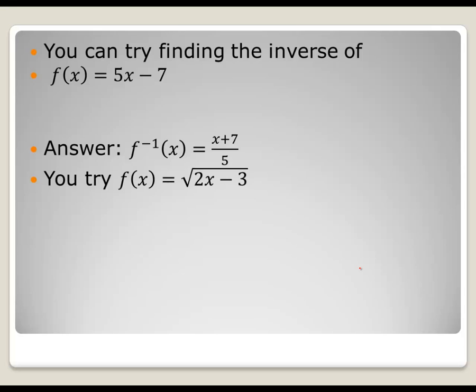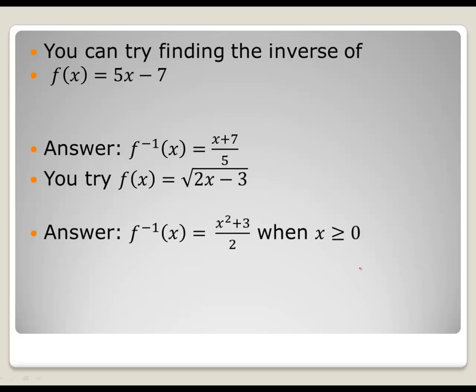And then go ahead and try f of x equals the square root of 2x minus 3. Pause the video for this one and try it out. I'll give you the answer in 3, 2, 1. There you go. So our answer turns out to be the inverse function f inverse of x equals (x squared plus 3) over 2, when x is greater than 0, of course, because we need